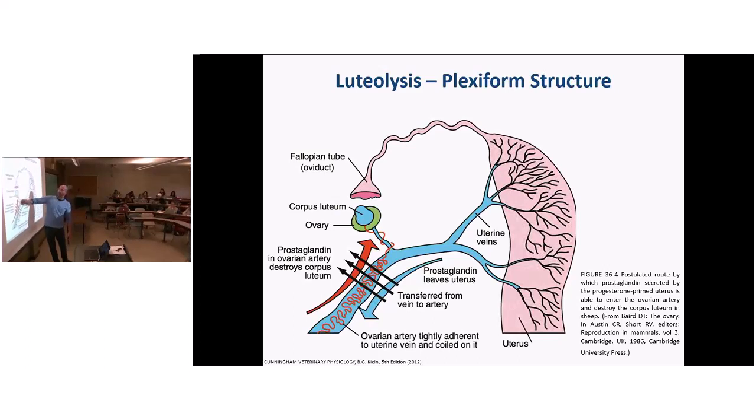Oh my God, it's going to the general circulation. No, it goes back to the ovary. It goes back to the ovary, and then it goes through the general circulation. So prostaglandin can then bind to receptors that are in the corpus luteum and do what it does, which is normally to induce apoptosis and block steroidogenesis. So you're going to have both the structural and functional blockage of the corpus luteum. Does that make sense? Yeah? Yes? Good? Nice.